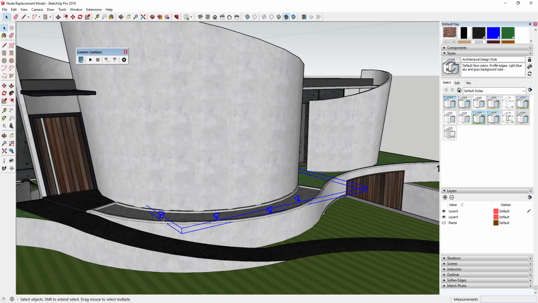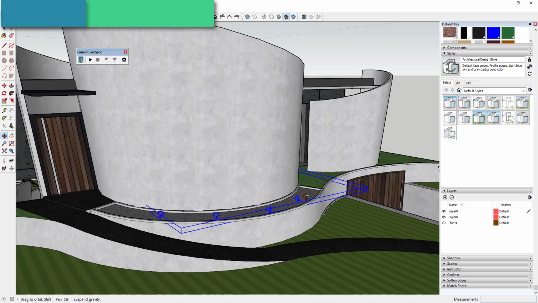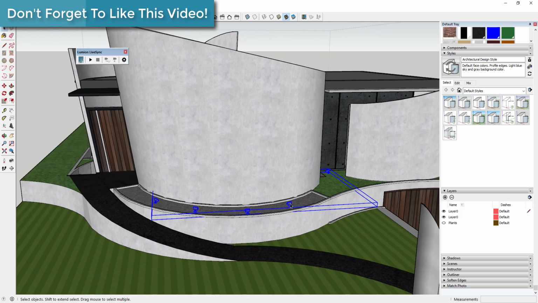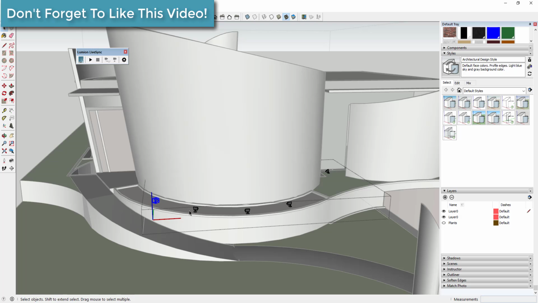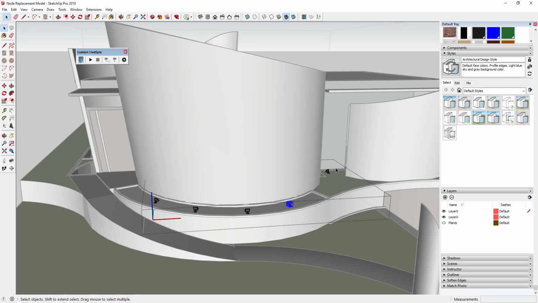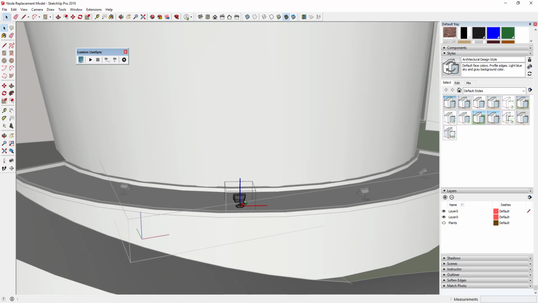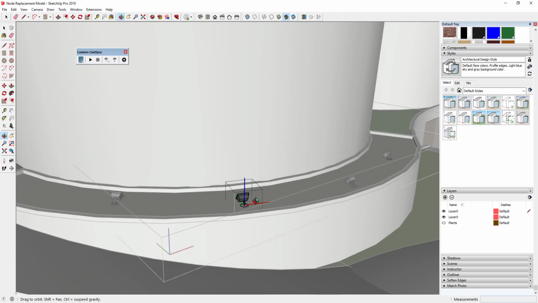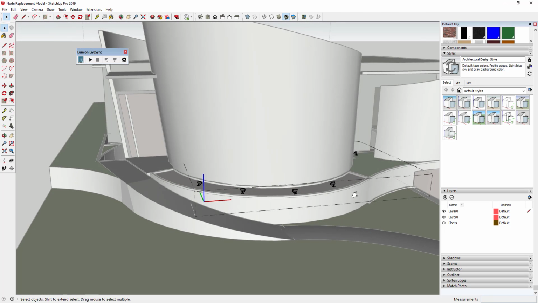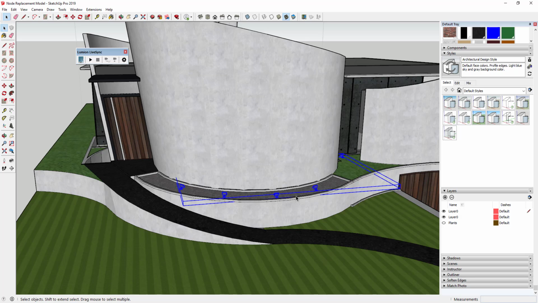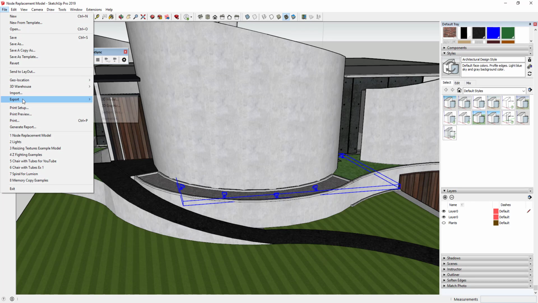So the way that we're going to do that is have all of your lights grouped, and really every object that's inside of this group is going to be a node. So you can see how each one of these lights is going to get replaced with an object inside of SketchUp. And you can do some things with setting up the axes so these are oriented properly. I'm not going to worry about that too much for right now. For right now, it's just important that you have this group. And so once you have these grouped, and you don't want to have anything inside this group except your lights that you want to replace with lights in Lumion, you're just going to go up to File, Export, and